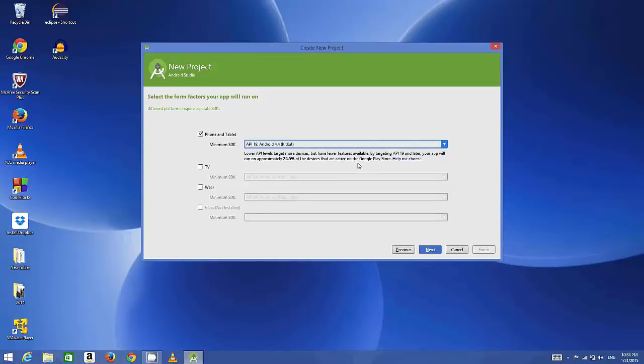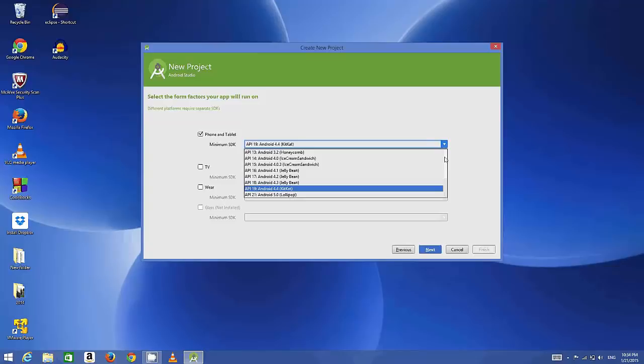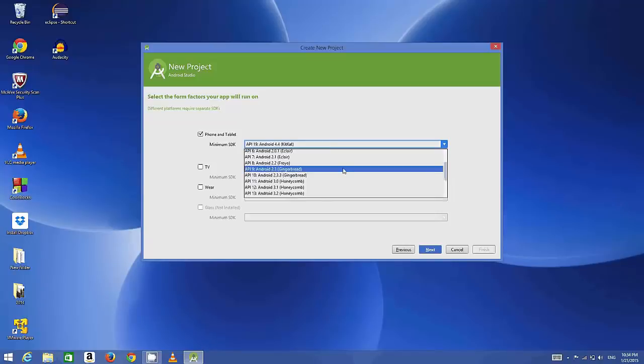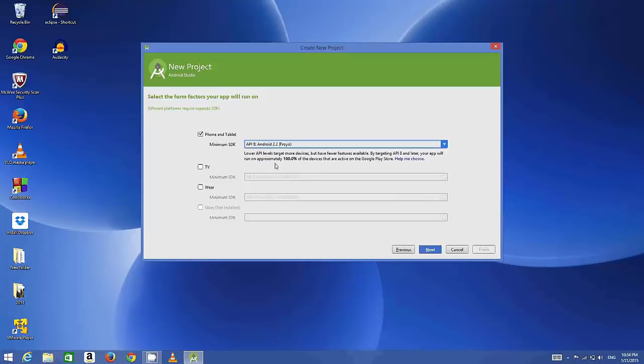And generally you may want to make some application which covers almost all the devices and have a backward and forward compatibility. So for example, if we choose this Android 2.2, it means that it will cover 100% of devices which will run on your newer devices and on older devices. So choose the one which covers the most percentage of devices. For example, this Android Froyo, right? Click next,